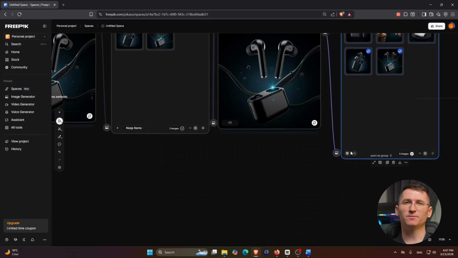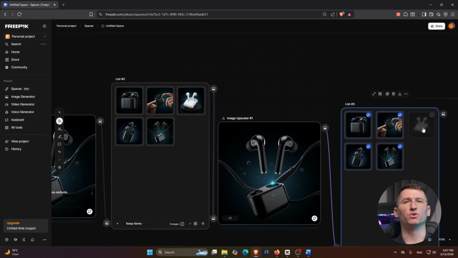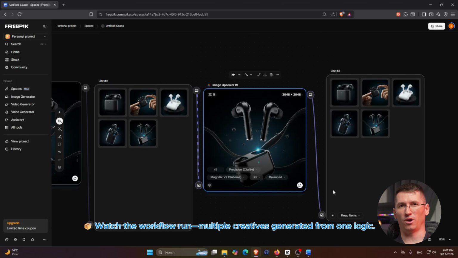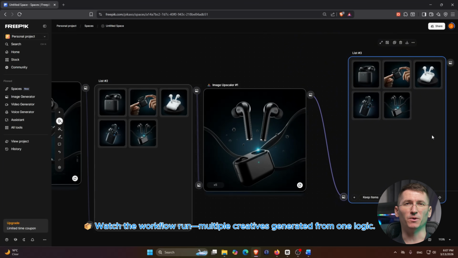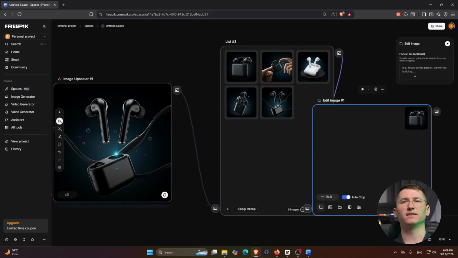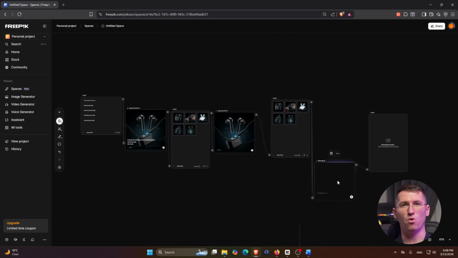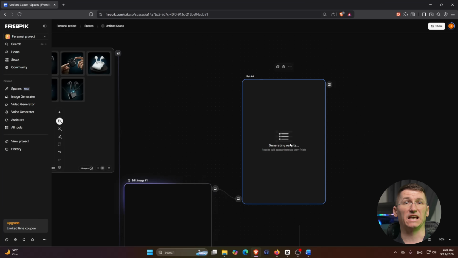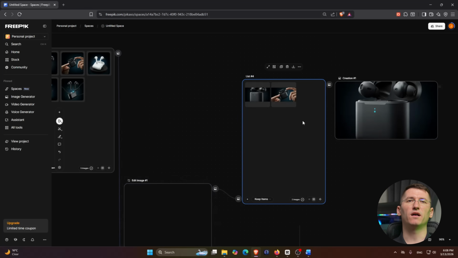So, at this point on screen, viewers would see the workflow run. Now the output starts appearing as a set, not as a single isolated result. So I would scroll through them so you can actually see the batch forming: multiple creatives, same workflow logic, but different variations. Now that's super cool. But this is where lists